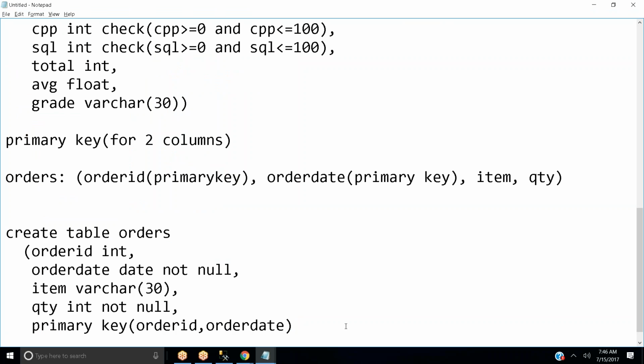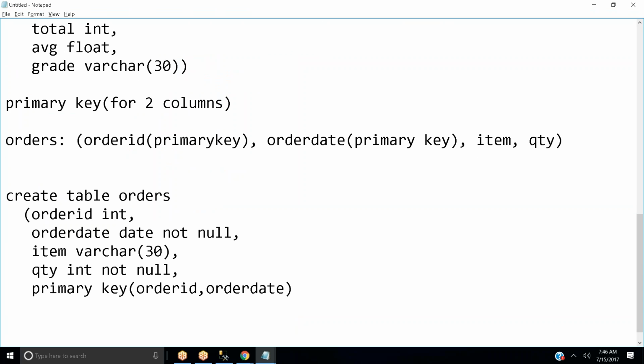Okay. Now assume orders is my table. In a similar way, I just want to create another table called sent orders. In this sent orders table, I want some other columns, like order ID, sent date, item, quantity.